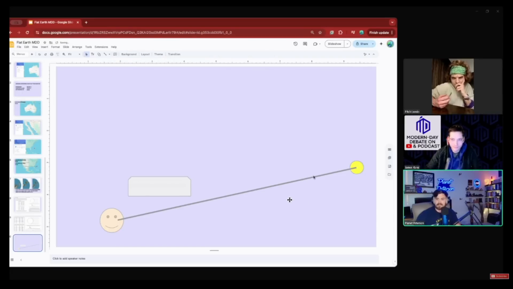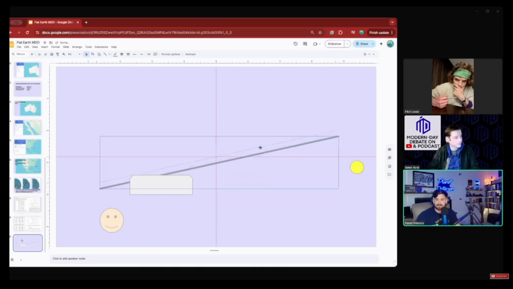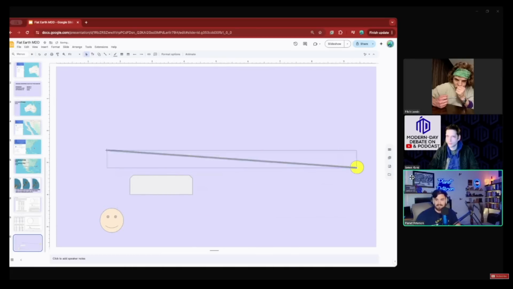And here's a cloud above me. So in this case, yes, the sun is above the cloud, but it gets far enough away that from my perspective, I would see it underneath the cloud. The problem is if we draw the straight line from me to this cloud or from me to the sun, still that straight line, no matter how we do this, the sun is going to be emitting light everywhere.